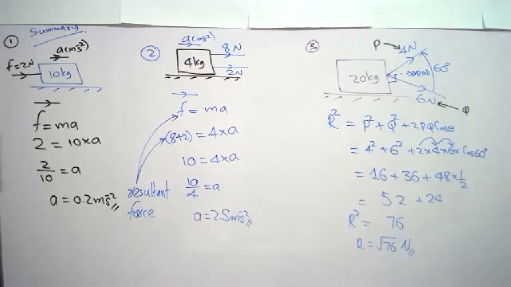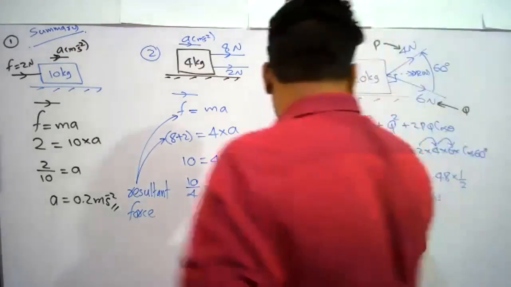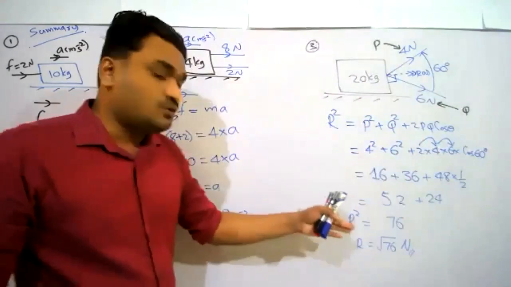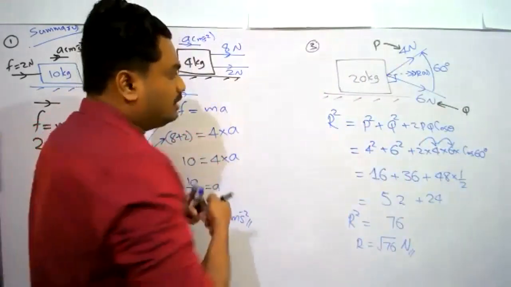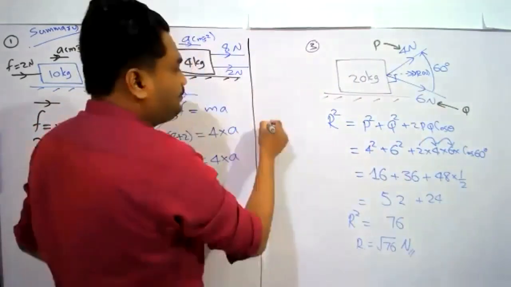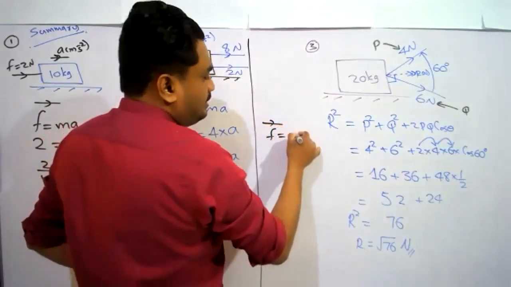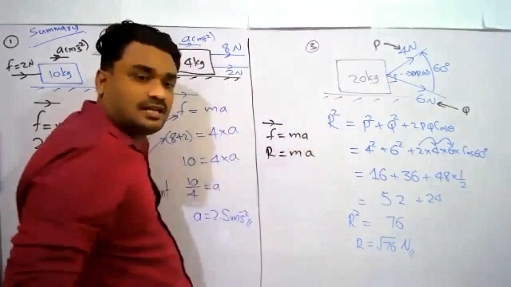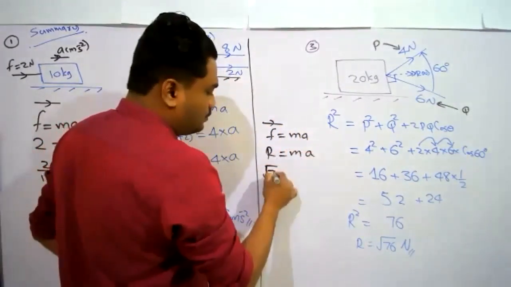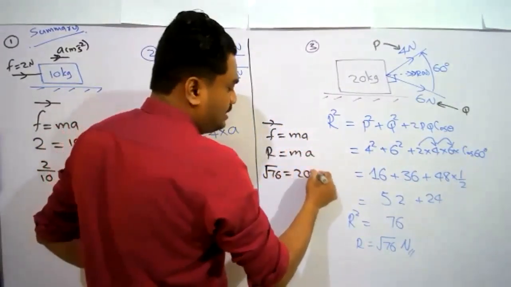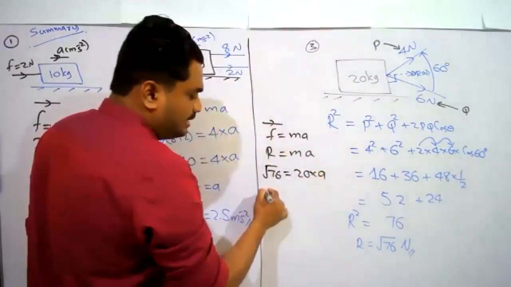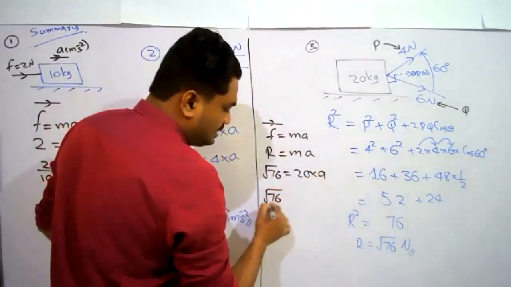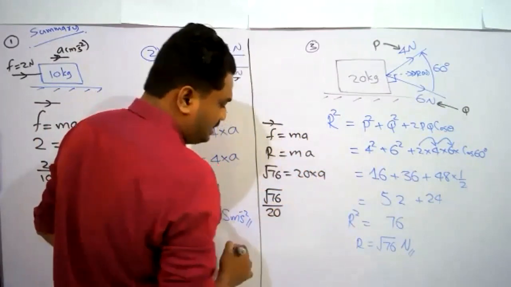Right, now we know the resultant force, so we can find the acceleration. You just have to apply F equals ma. Now the resultant force is R, mass is M, acceleration is A. We have found R as square root 76. Mass is 20 into A. If you take 20 to this side, square root 76 divided by 20